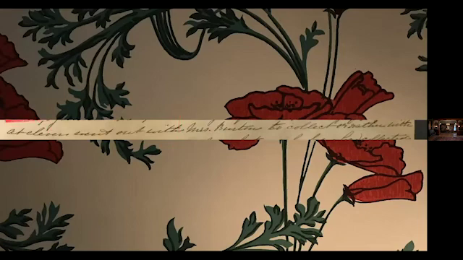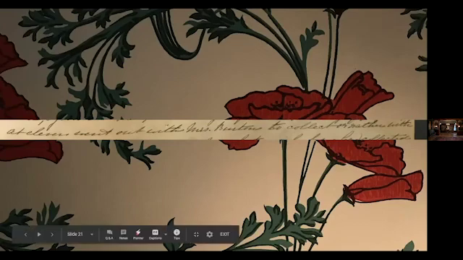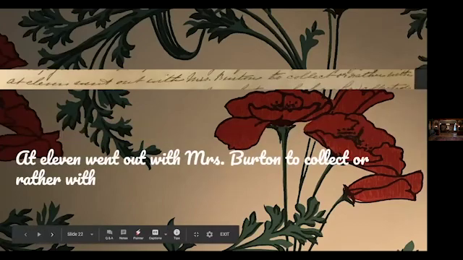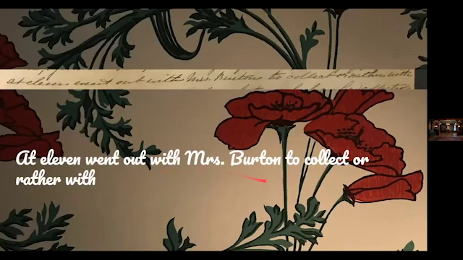Now, let's see. This looks like it might be a figure or maybe a time. Let's see, I have at, and what's this word right here? 11, right, good job. So feel free to keep typing it there, and I'm gonna go ahead and reveal what this whole thing says. At 11, went out with Mrs. Burton to collect